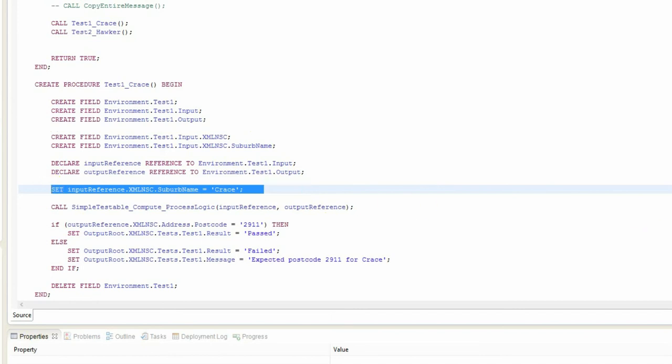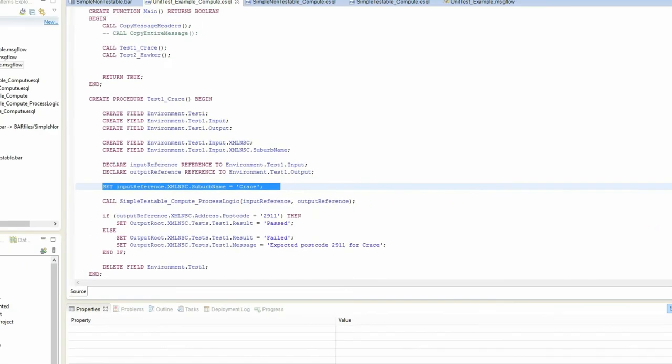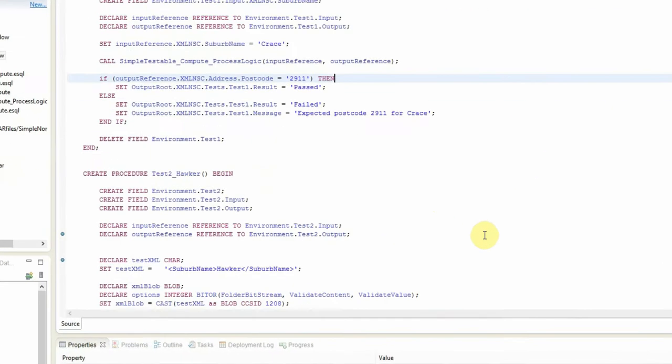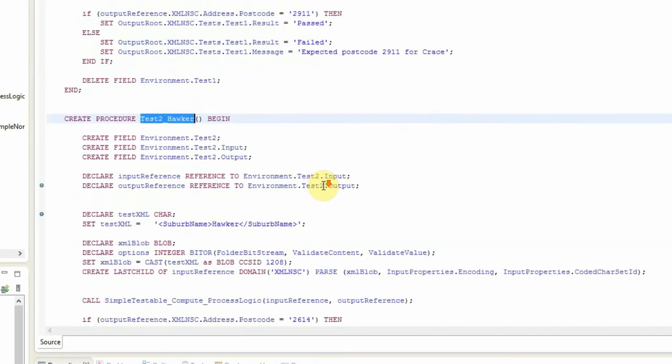This works, but it's quite cumbersome and requires a lot of code. Also, it's quite error prone, so we're likely to introduce issues in our testing with the way we write the test, which is going to lead to a longer cycle between when we develop code and when we can actually say it's been tested. If we go look at our second test, test 2 Hawker,